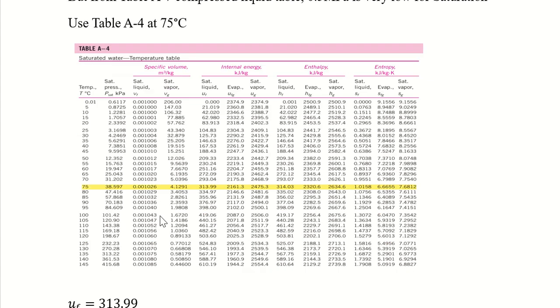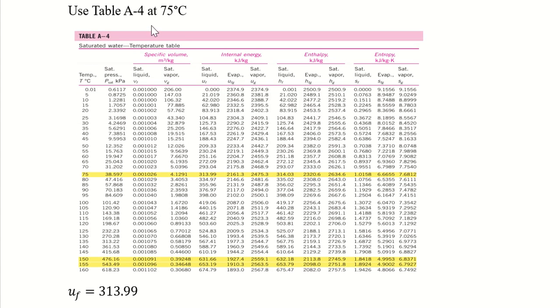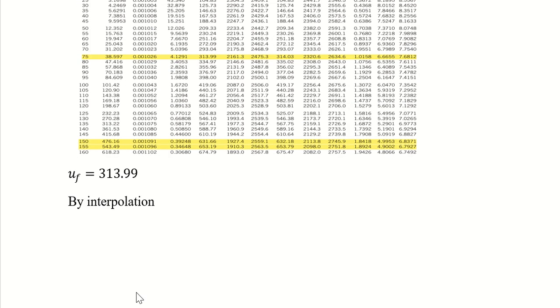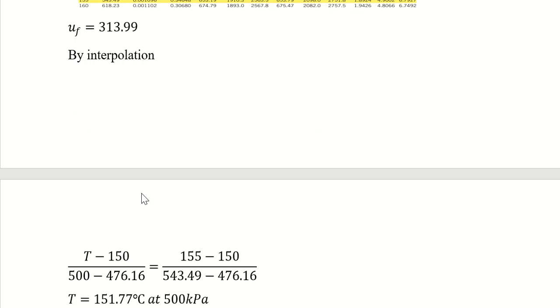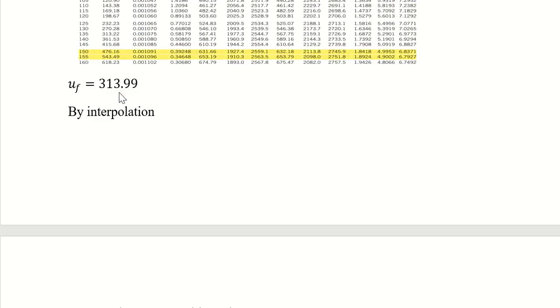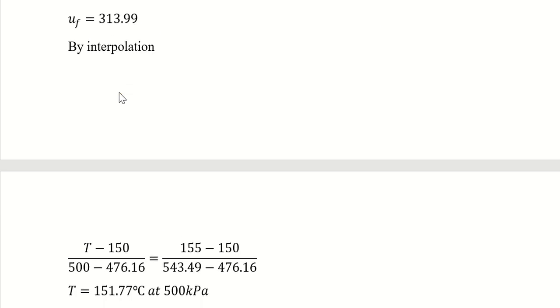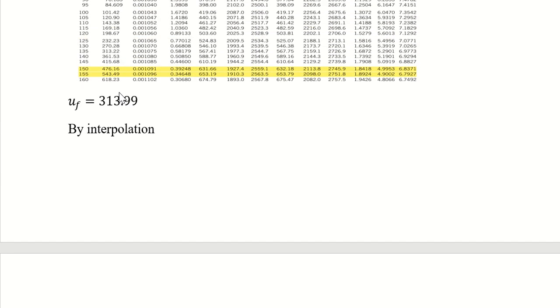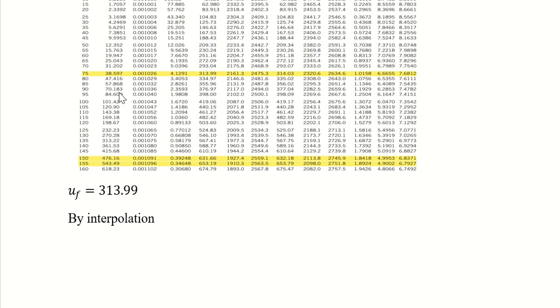to find the internal energy. And at 75, which is here, you will get the internal energy of the liquid phase to be this. Put its units, I forgot to put the units. And okay, by interpolation, which is this and that, oh, before you go for the interpolation, you will first find the value of